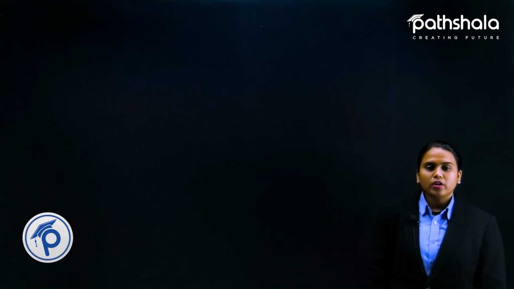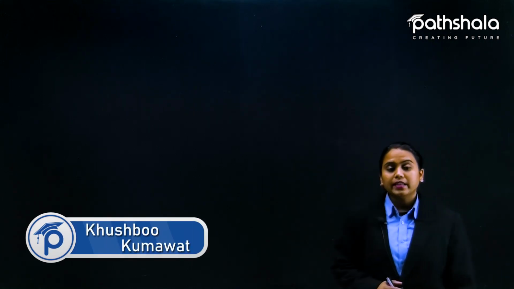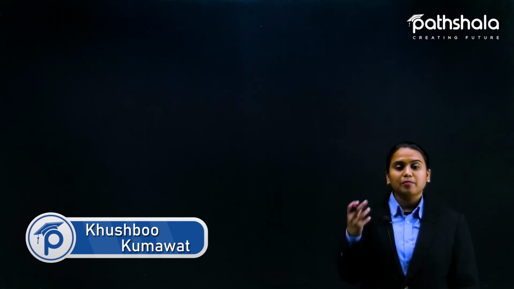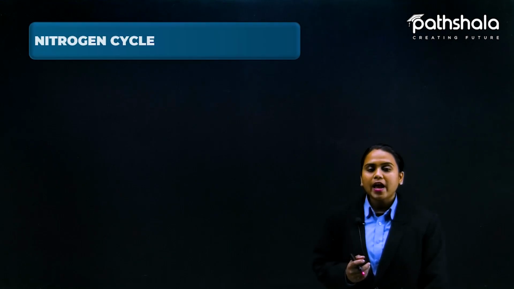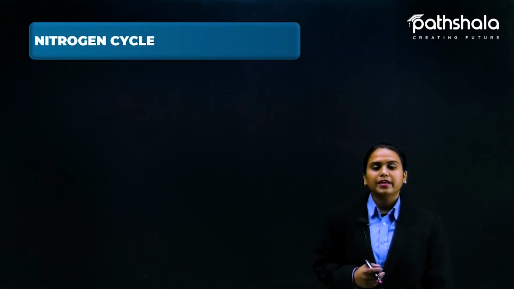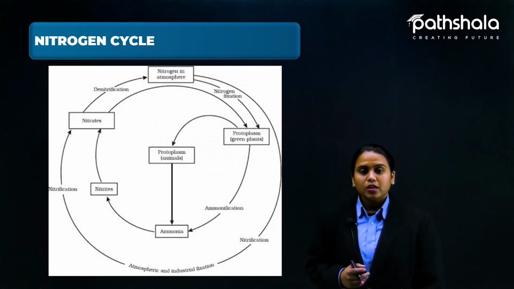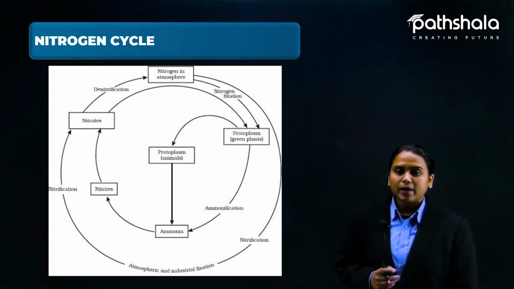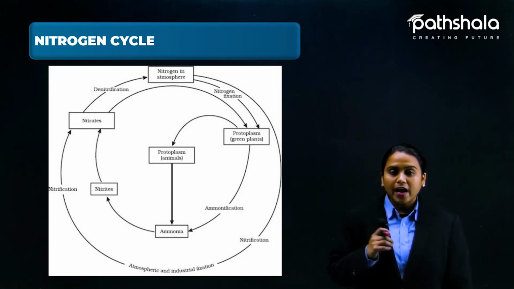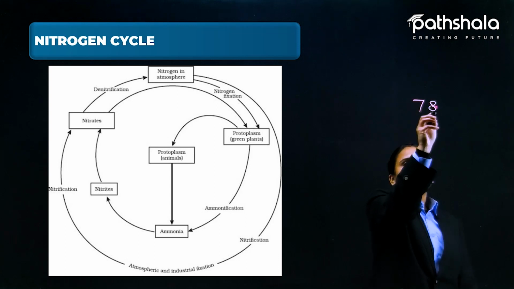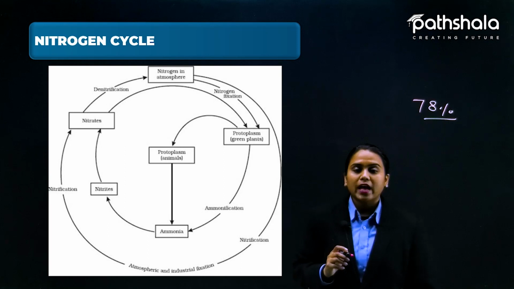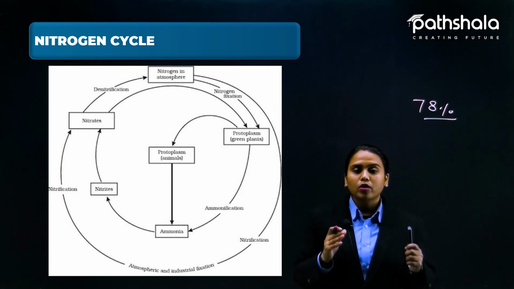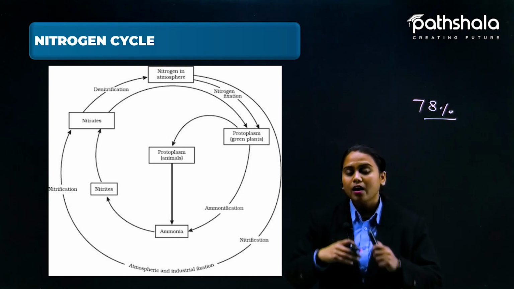Yes, students. So now this is the last cycle that we should know, and this contains the maximum amount of our atmosphere. Yeah, I am talking about nitrogen, and here is the nitrogen cycle. So this is again the very easy part, that you know that nitrogen is containing 78% of our atmosphere, and with this amount that we can say a large amount of nitrogen is present in us.